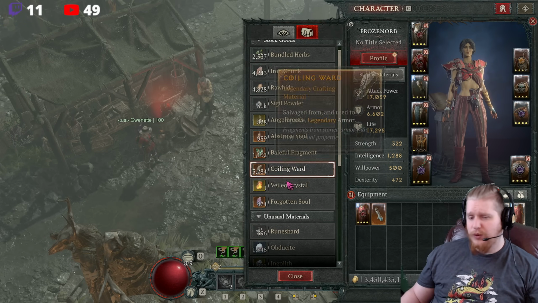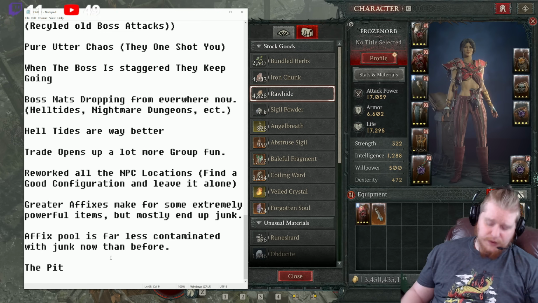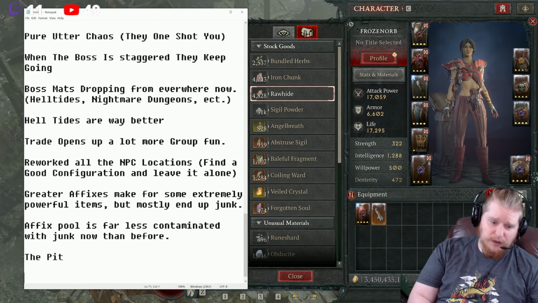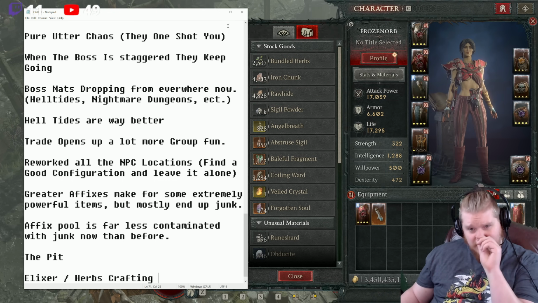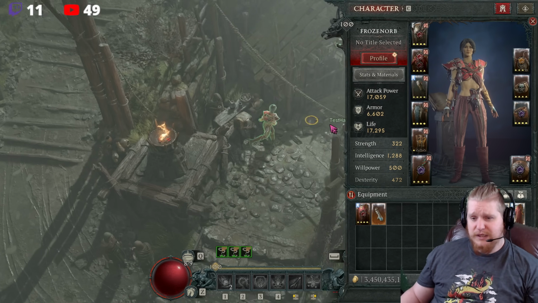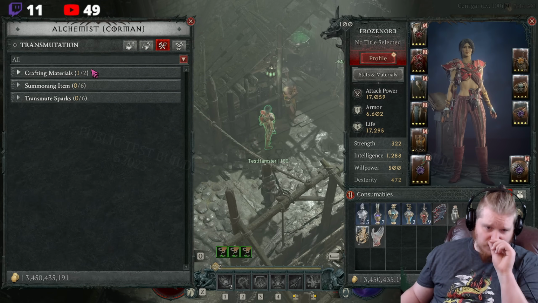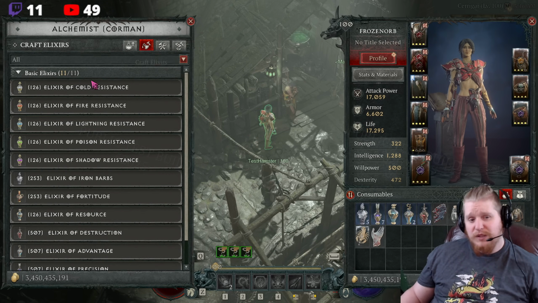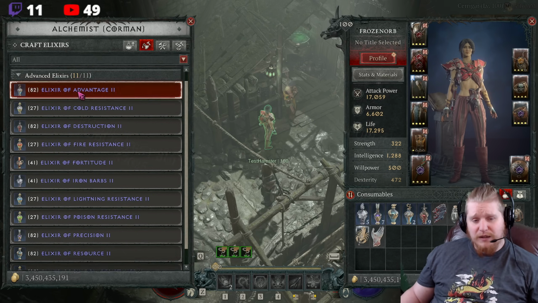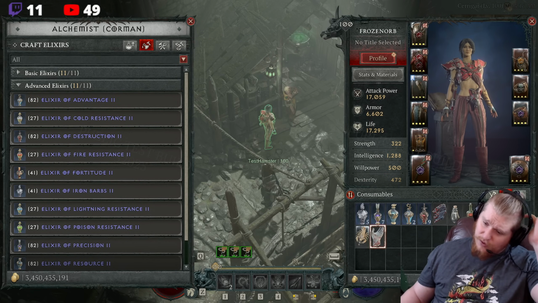I think that's pretty much it. They also condensed down the herbs, so that was a whole other thing too. So the elixir slash herbs crafting. Basically, they condense down everything into a much more logical and reasonable system. It's way better than the previous system. So basically, everything just gives you herbs, and the herbs can be used to craft elixirs. They also condense down the tiers of elixirs, so there's less elixirs clogging up your consumable